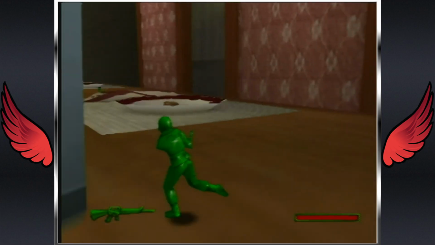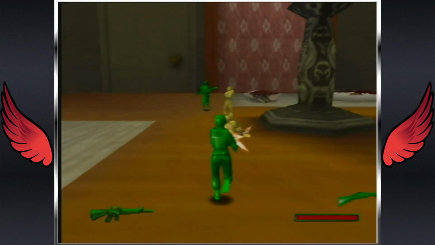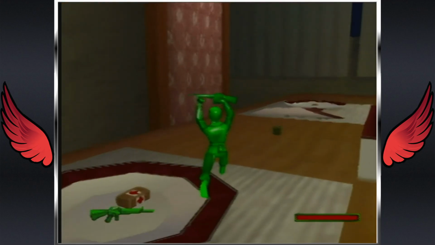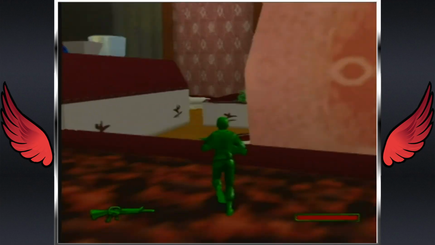Oh, hey. Strafe is now on the Z button. Interesting. I'm not sure I care for the changes in control, but, you know? Are we just running around on...